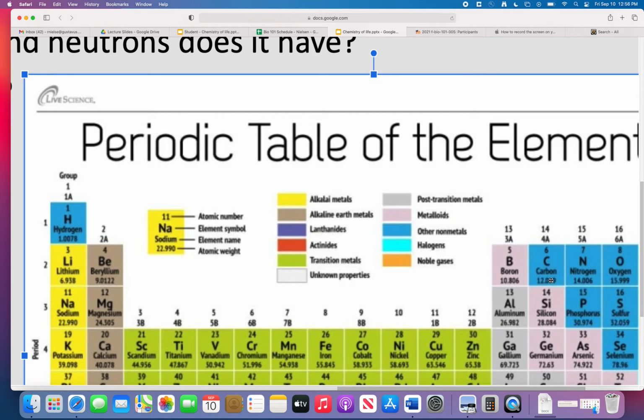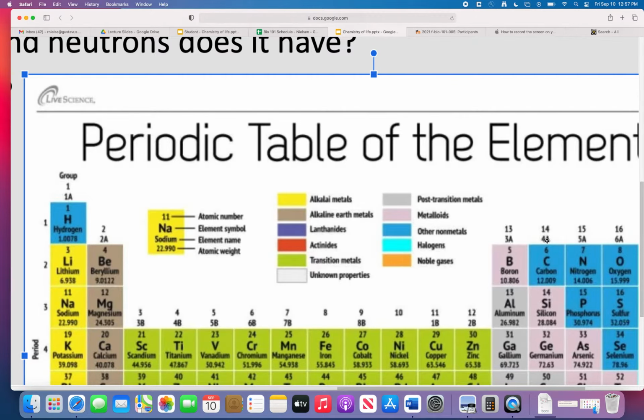Yes, it has 6. And I don't know if I mentioned this, but we know it has 6 because if we look up here, the atomic number is 6. That tells us how many protons it has. Typically the number of protons and neutrons are going to be equal. There are some instances where that's not the case. We're not going to go too much into that. Isotopes would be one. Hydrogen is another. Hydrogen actually only contains 1 proton, no neutron. Like I said, I'm not going to have you worry about that too much here.